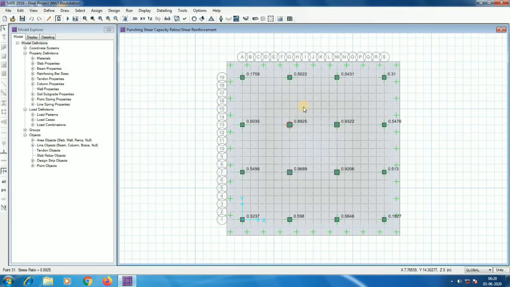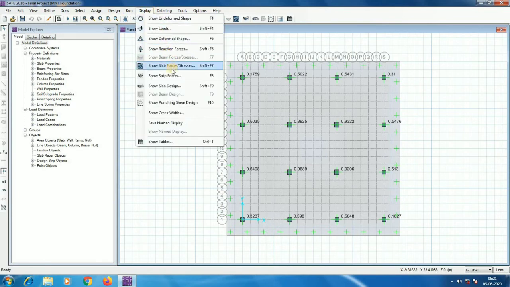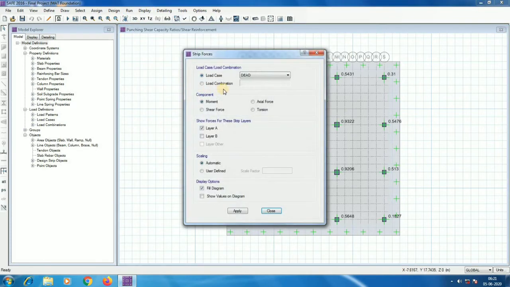Now we will view the analysis, design and detailing reports. Go to Display menu and choose Show Strip Forces option. Here we can see forces and moments for chosen strip layer and load case or load combination. Toggle between different options to see different values.